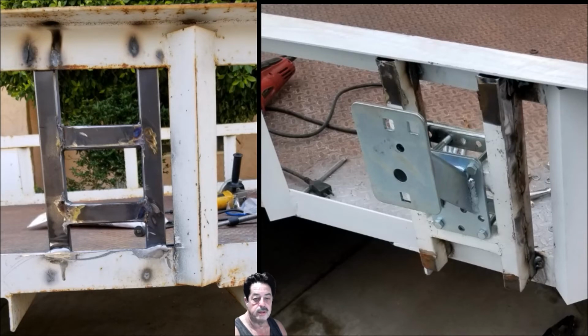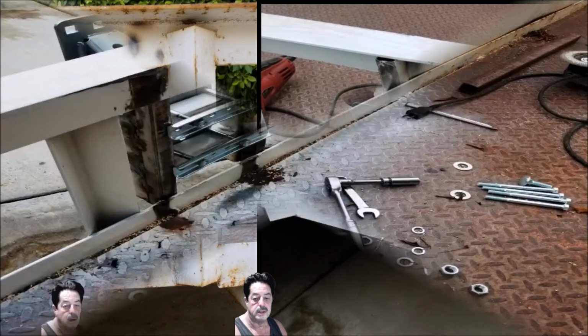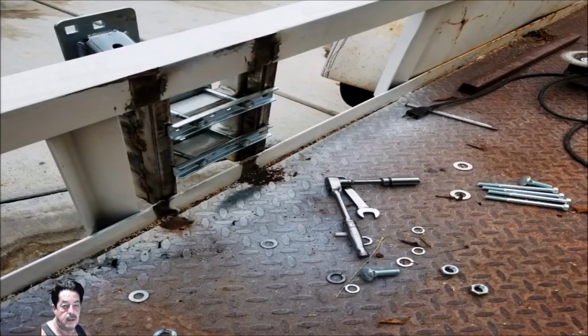I'll show you some pictures here in a sec, and we'll talk about it. But it's an easy bolt-together mounting bracket. It's kind of a no-brainer type thing. The part that took me a little bit of time, you can tell when you look at the picture, I had to add another piece of tube steel in order to extend it out into that angle iron. And I'll show you a better picture here. Let me just change it up. This picture is a little bit better. It's not the best picture, but you can see where I had to increase the width of that steel,